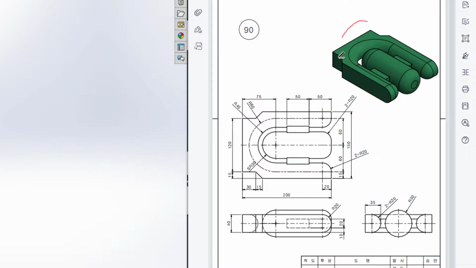Today we are going to solve this 3D problem. In this 3D problem, this is the top view, this is the front view, and this is the right side view. First, I will start drawing from the top view. First, I will draw a rectangle